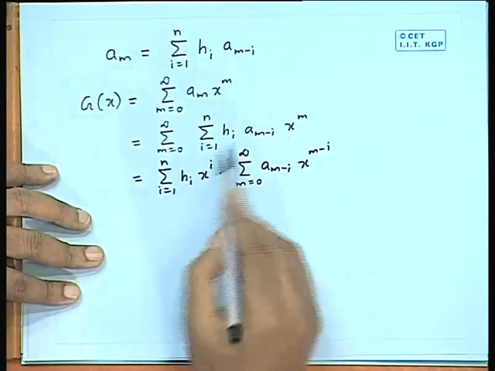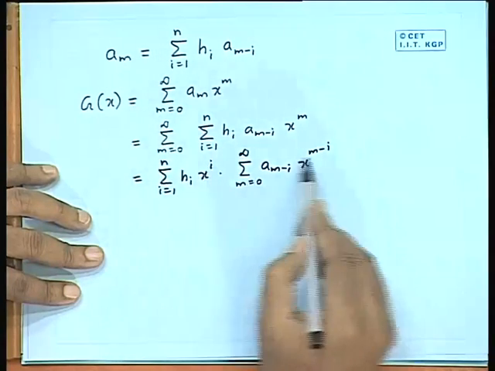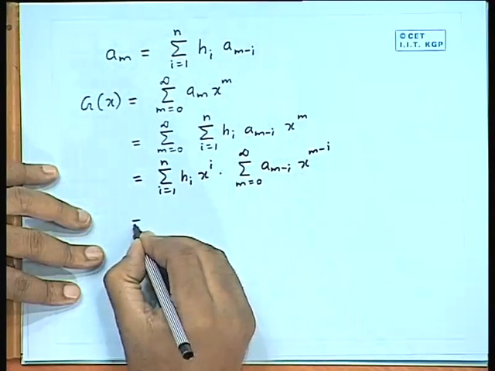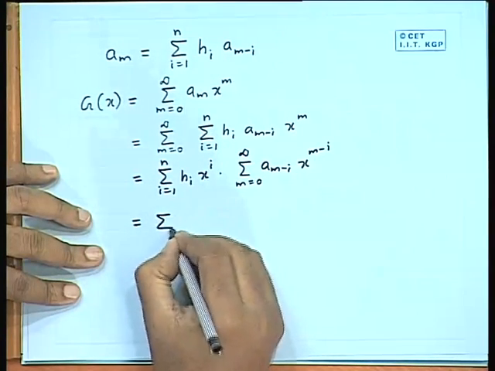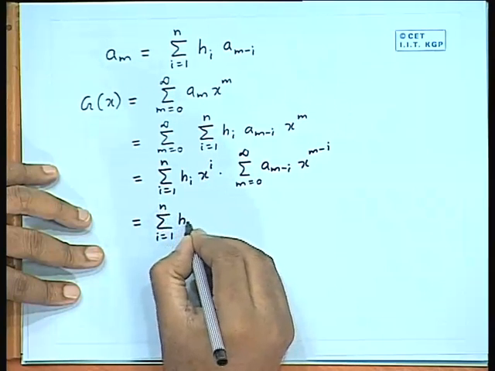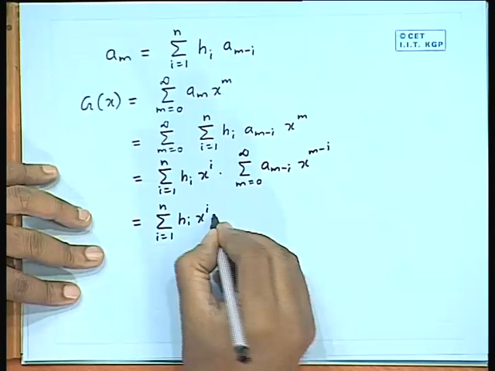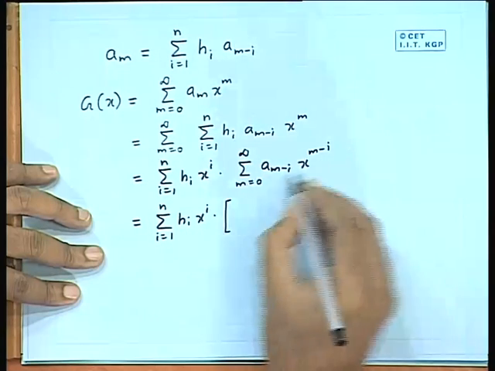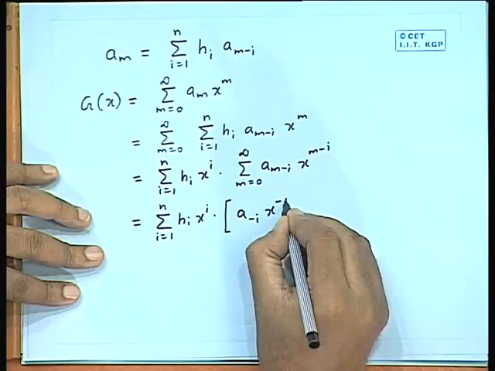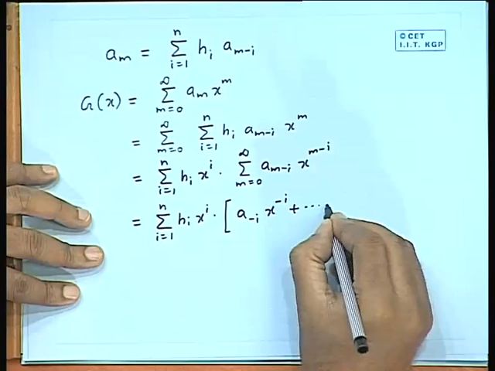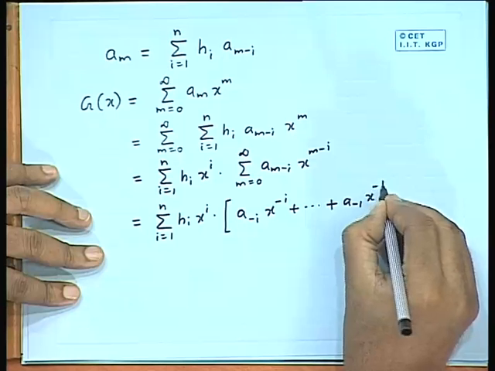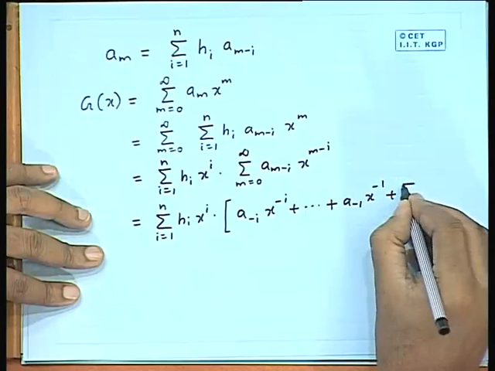So, this I can reorganize and write like this, because x to the power i and this product is x to the power m. Fine. Now, this again, the first term remains, the second term, if we expand this, the first few terms are this, and finally you get